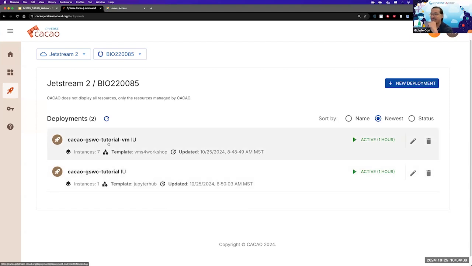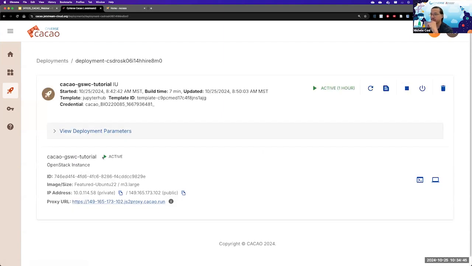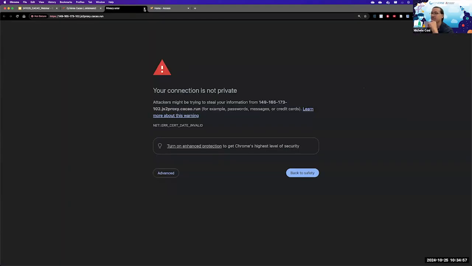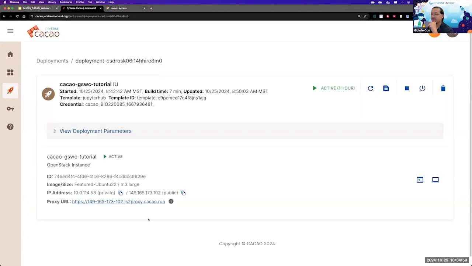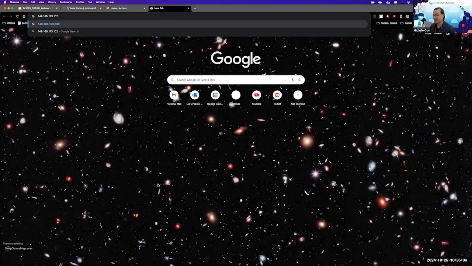Okay, let's look at the previous. I believe this is the JupyterHub that I have run earlier. I can look at the deployment parameters, or I can just go ahead and connect to it. What happens if I click on here? Oh, I have a privacy error. Not gonna go over there. Instead, I'm just gonna copy this URL, paste it onto my browser, and I believe it's admin.